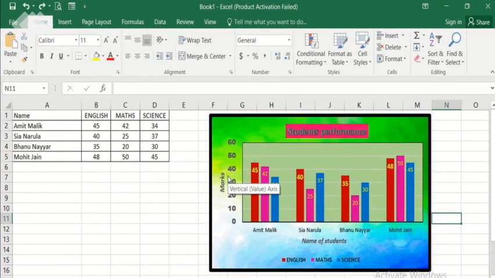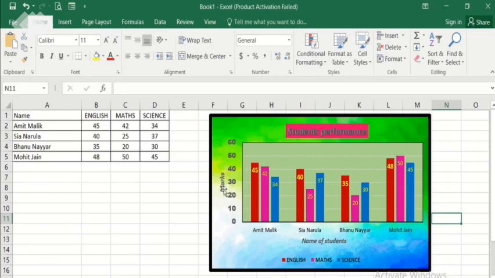Now, after learning how to format a chart and how to insert all the chart elements, there is one more thing that we need to know: how to change the values of the value axis. See, this is the value axis. If you have noticed, I have not given these values 0, 10, 20, 30. Excel automatically creates the values for the value axis looking into the data entered by the user.